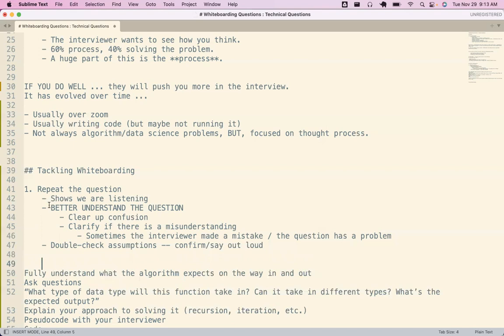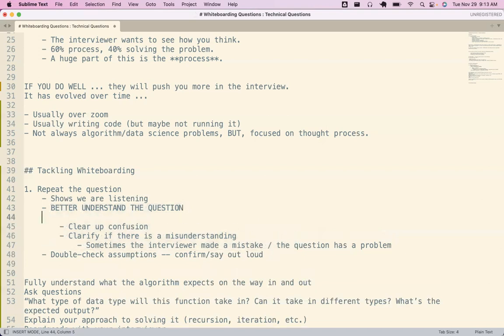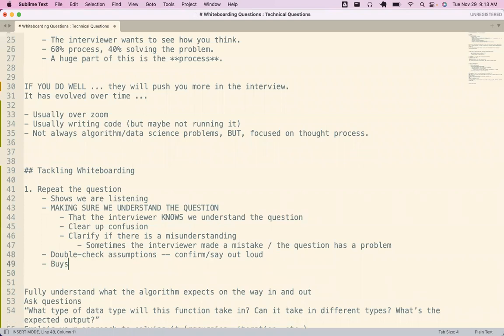The most critical of which I think is making sure we really do understand the question, and not just that we understand the question, but that the interviewer knows we understand the question. That's where repeating the question helps. Also, to be completely honest, it also buys us time. That is time where you are explaining your thought process, and it gives your brain a little bit of time to digest, to get situated,